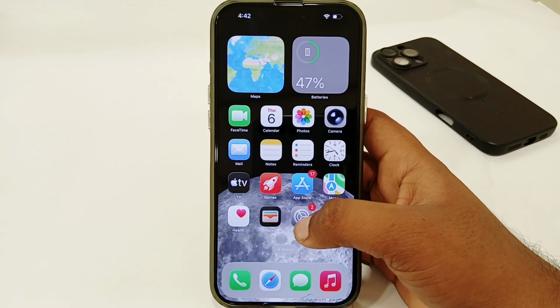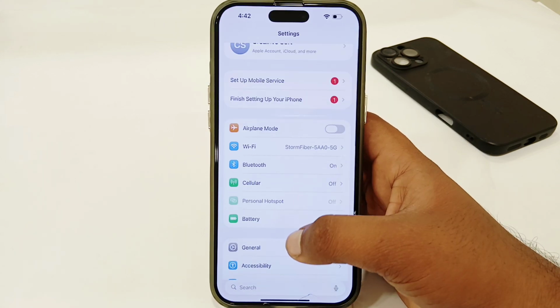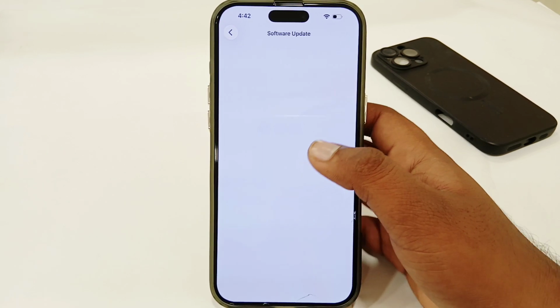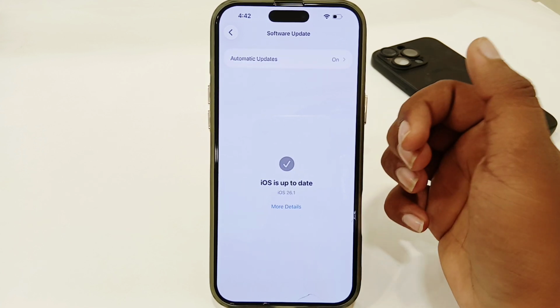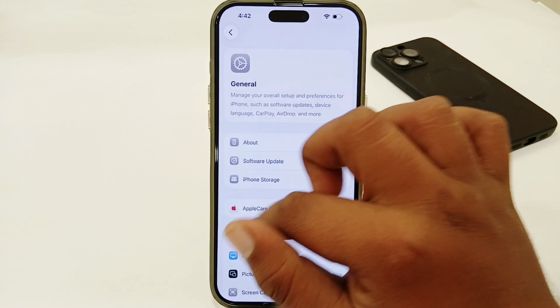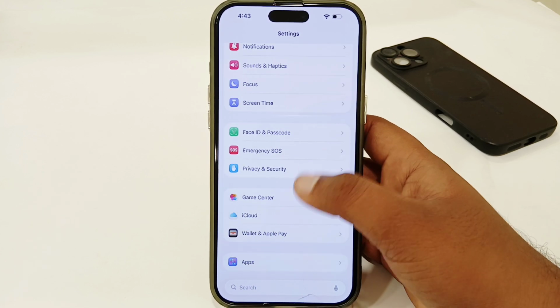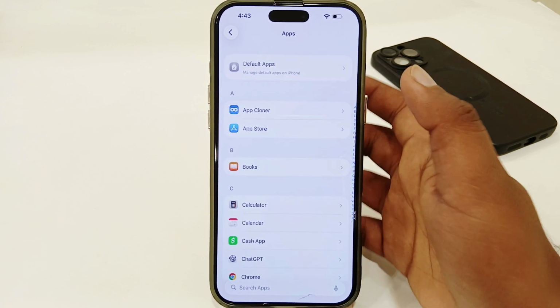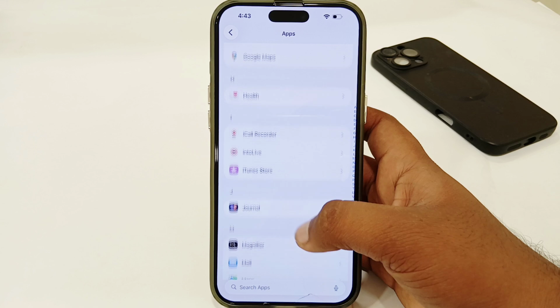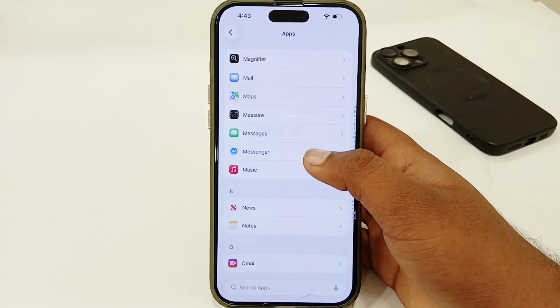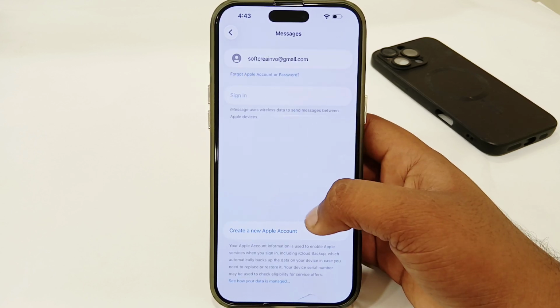So very first, you have to open your Settings app, go to General, and make sure that you don't have any pending software update, or if you find any pending update, you have to try to update your software. Once you have done that, scroll down and you'll find the option of Apps. Select that, then scroll down and look for the Messages app. From here, select the Messages app,